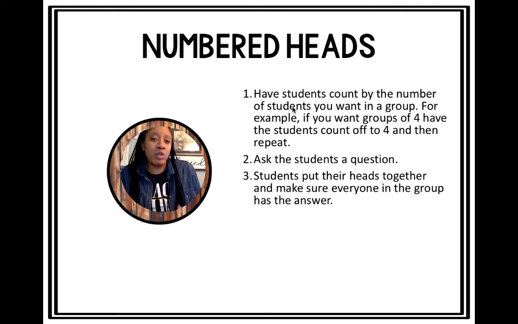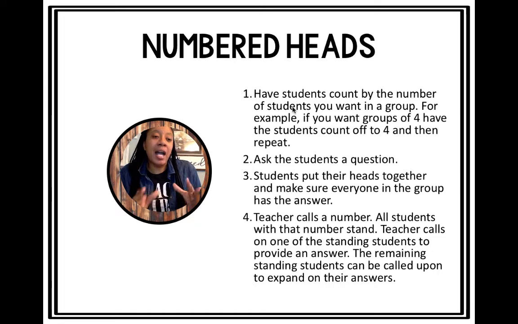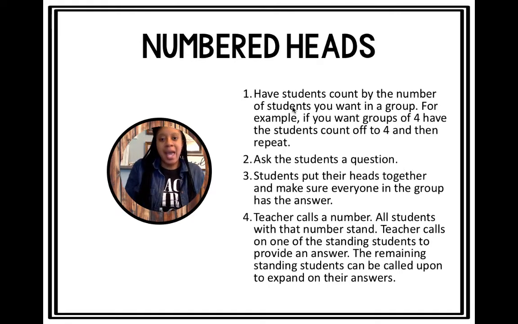So they put their heads together and make sure everybody has the answer. You can put a timer up. I usually put up 2 minutes, depending on the group, to give them some more time. And then I call the number. So I'll say, okay, everybody that has the number 2, stand up. Each group's number 2 stands up in the class. And then I have them answer the question. I don't have them sit down. If one group answers the question, then I can have them use the accountable talk frames, and they can say, oh, I would like to add, or I disagree with this group because. It is a really great way to get them talking.